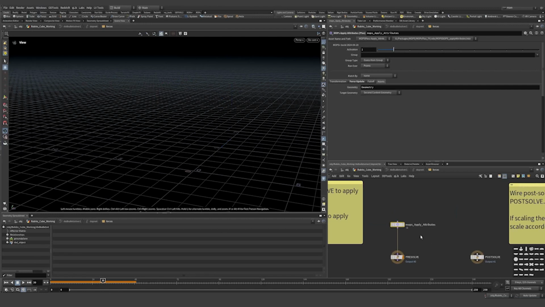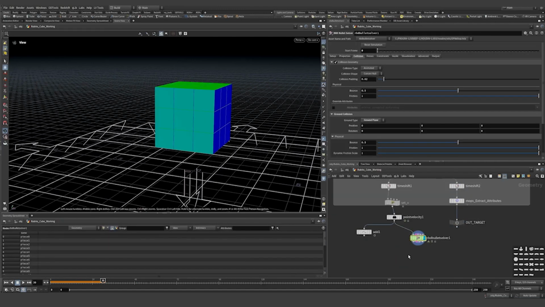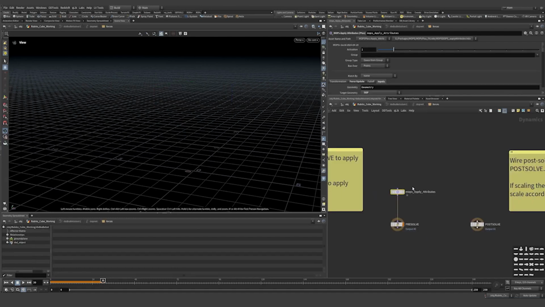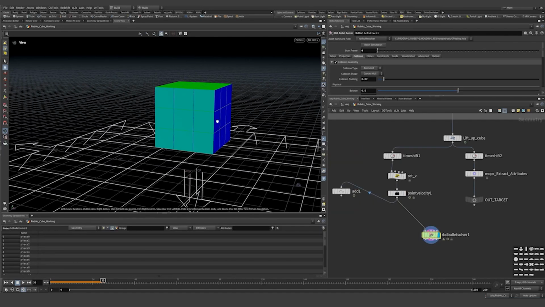So we can now go into MOPS apply attributes, and in the inputs, instead of the geometry, we can go to subpath, and we can use these backticks, which just go up different levels, and we can say out target, and then we're referencing this target here. So now we need a MOPS falloff or some sort of falloff to tell this MOPS apply attributes when we want to go back to the original. So I'm going to use a MOPS shape falloff,